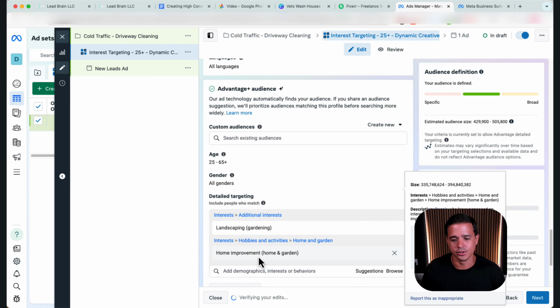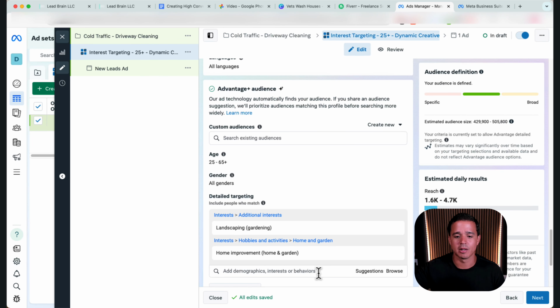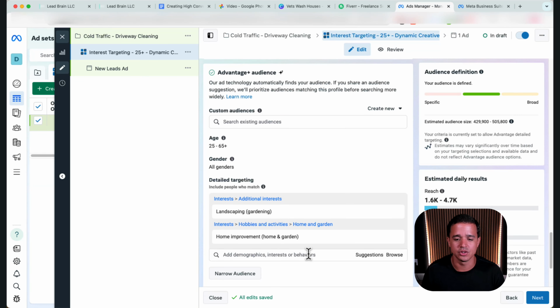Now, don't overdo it here. There are probably tens of thousands of interests in here. But if you start adding too many, then you don't know what's working. So I recommend adding 2 or 3, and then you can have this as another test point where you can remove one, add one. Sometimes we see that for some reason skincare, I think that's the interest, a lot of people who buy things in the home service business are also interested in skincare. So it's kind of a weird correlation. So don't discount some of those weird off-the-wall correlations.